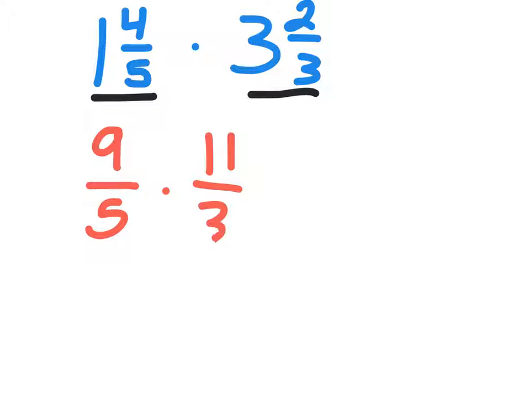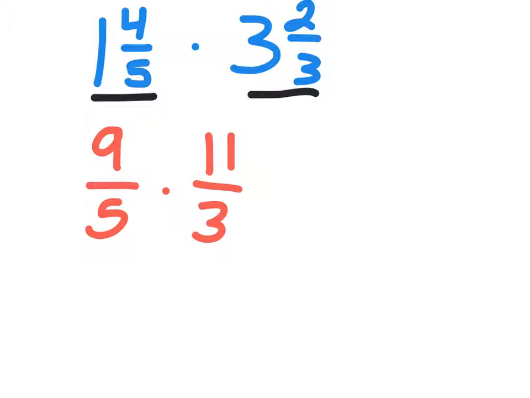And you put it over your same denominator. Now we're at the point where we can multiply. And here's where you have the choice. You can cross-cancel by looking at the denominator of one fraction and the numerator of the other one, the 9 here and the 3 here, or you can multiply and then simply simplify. I'm going to choose, in this case,